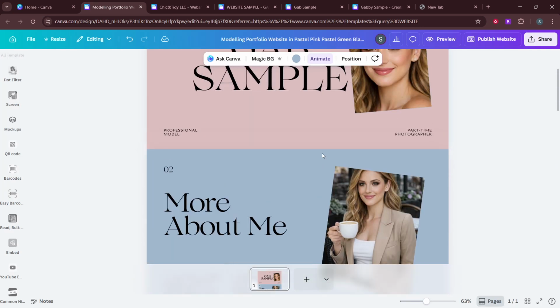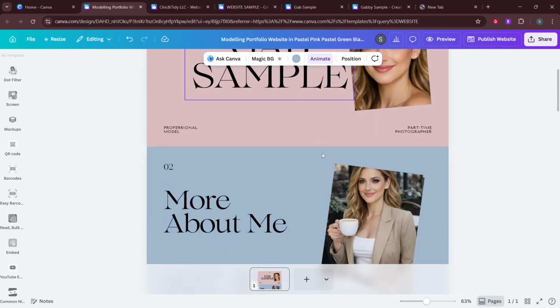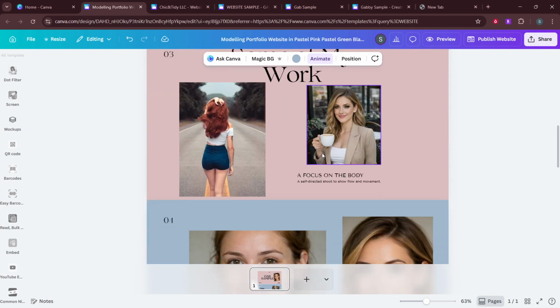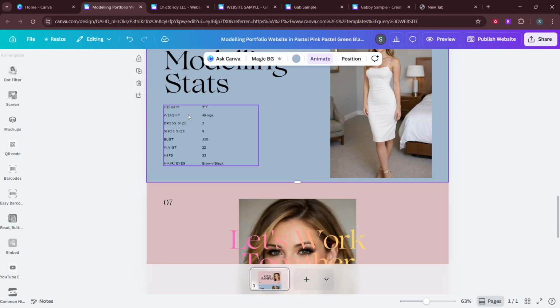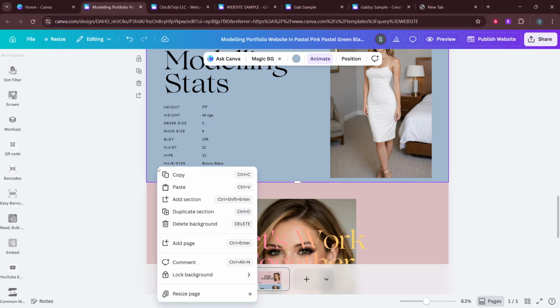Next, scroll to the exact spot where you want the gallery to appear. Click the Add Section button to create a dedicated space for your images. Sections keep your layout tidy and make it easier for your gallery to look consistent across devices. If you change your mind about its position, you can always move the section up or down later.